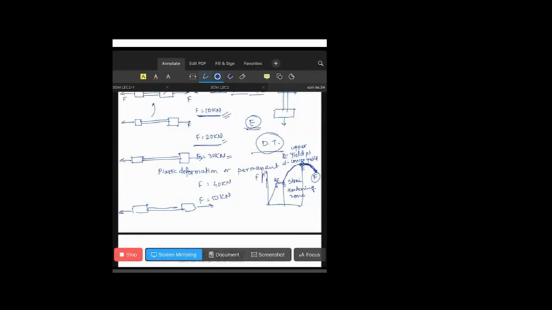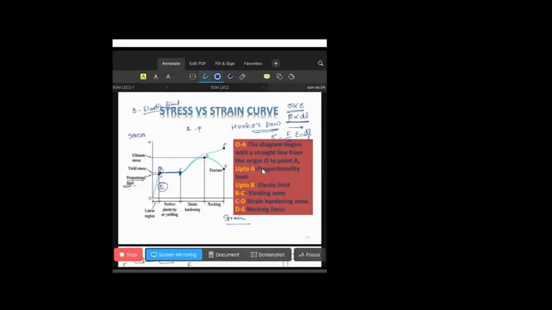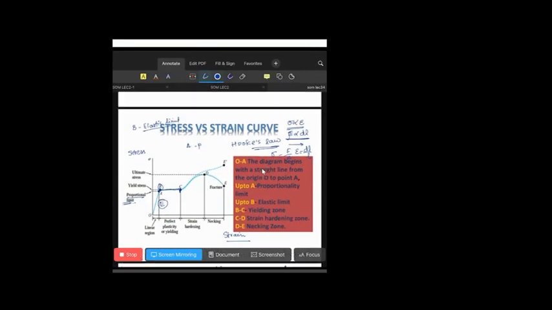And in this curve, is it visible? Is the curve visible to you? Okay, now this dotted line is for true stress. Whenever we talk about experimentation, at that time we will talk about what is true stress and what is engineering stress; those things will be discussed later. So right now you have to concentrate on the proportionality limit, yield limit, and elastic limit.